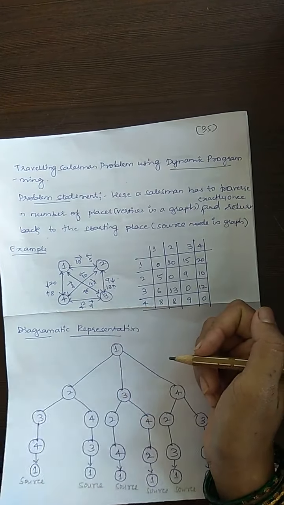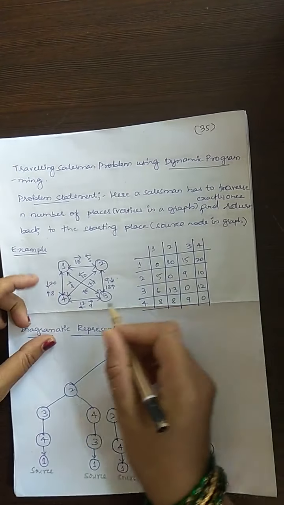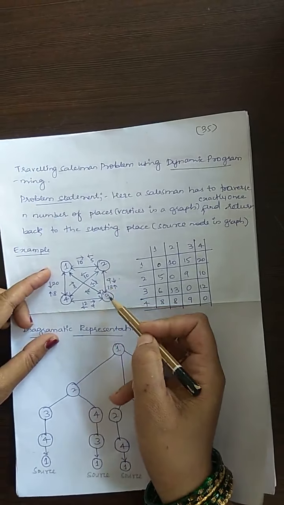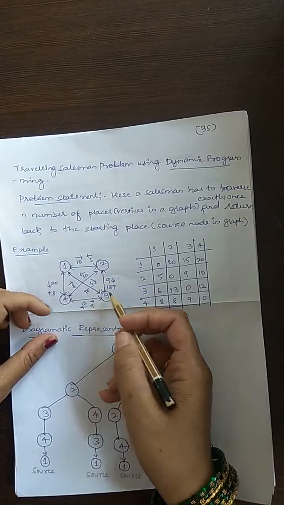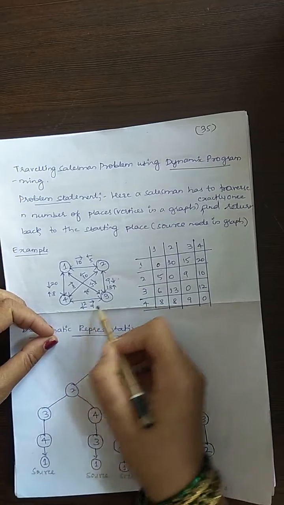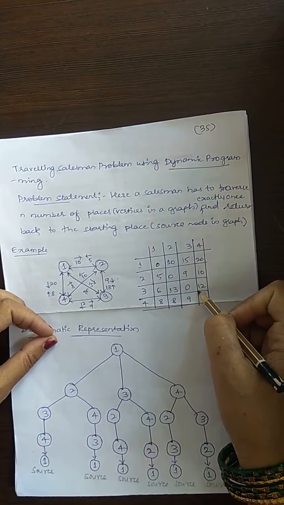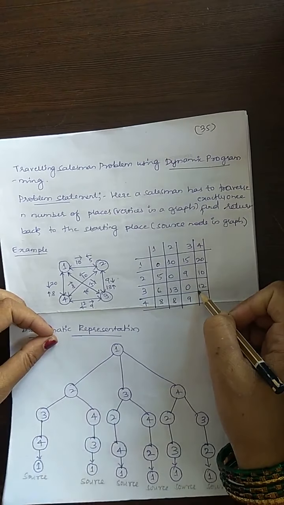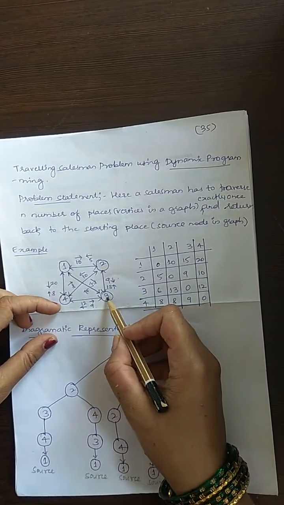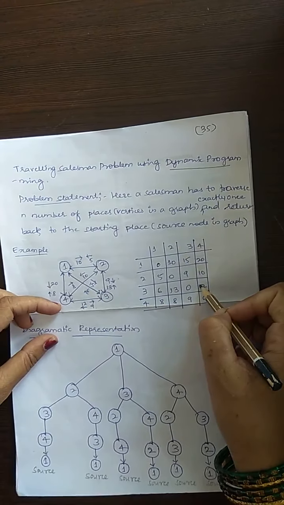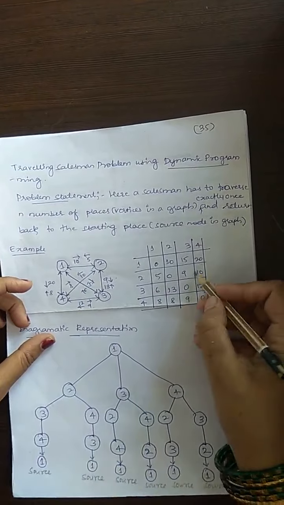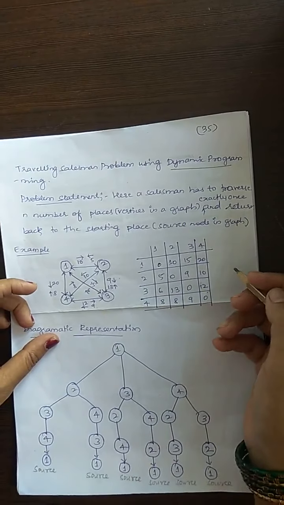So let us solve this problem with the help of a graph. This is the given graph. Each edge is bidirectional, meaning there is an edge from 2 to 3 and from 3 to 2 as well. I have given the weights of each of these edges, and according to the given weights you are going to have the cost adjacency matrix. In the question paper, the question may appear as: solve the traveling salesman problem for the given graph. They may give only the graph, then you have to write this cost adjacency matrix, or they may directly give the cost adjacency matrix. If you get the cost adjacency matrix, you can directly start with the solution.